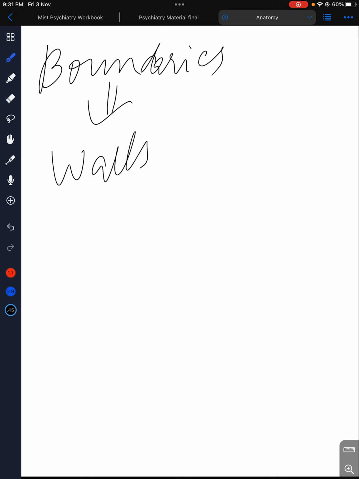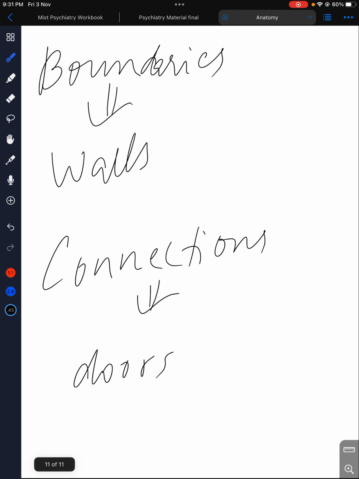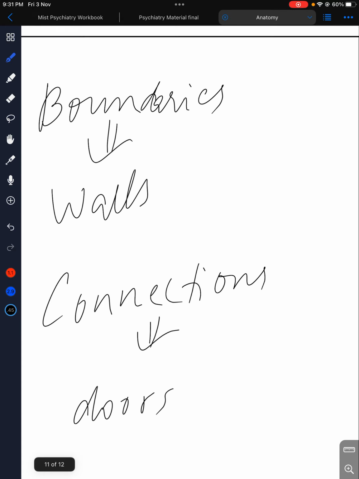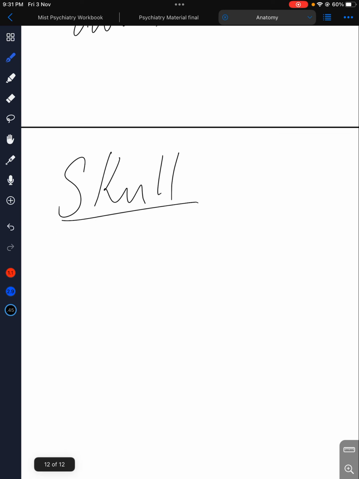Now what exactly are connections? Connections are like doors. When we have to move from one room to another room, what do we have? We have doors. Similarly, in our skull, we have a lot of rooms. What are these rooms? We have the orbit,